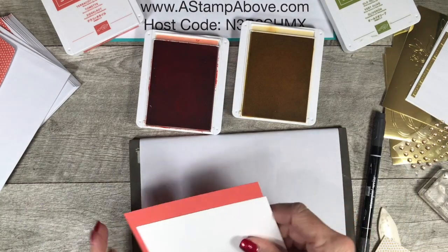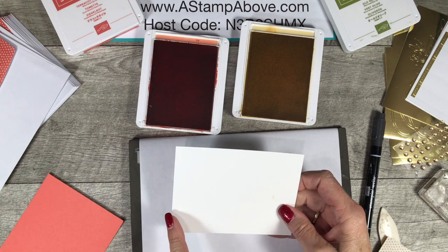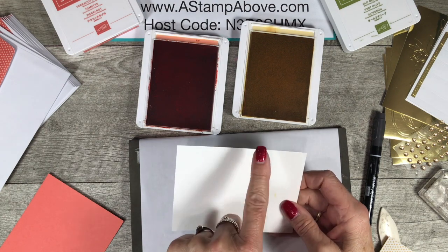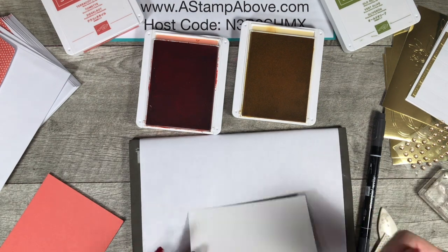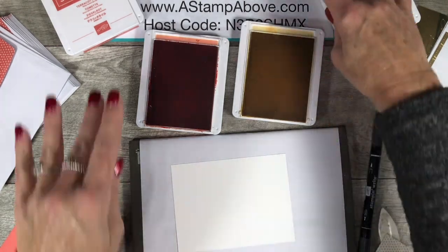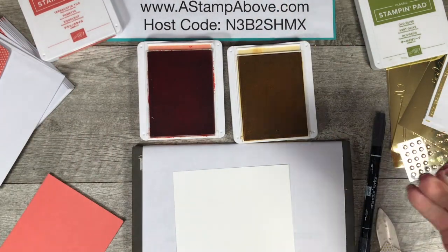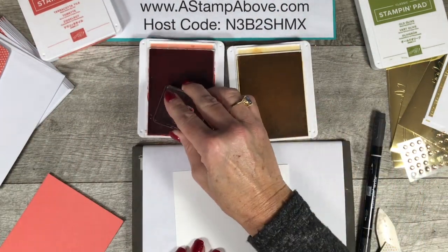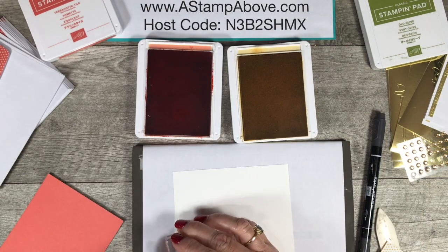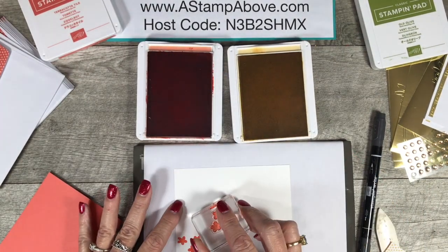Okay, we're going to take this piece of Whisper White. This is 4 7/8 by 3 5/8, and you will always find all the dimensions for all of my projects on my blog. My blog address is right here. We're going to stamp some flowers, and I'm just going to start down here in the bottom right corner, and I'm going to kind of skip